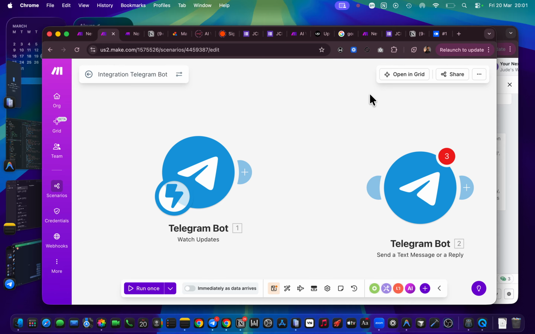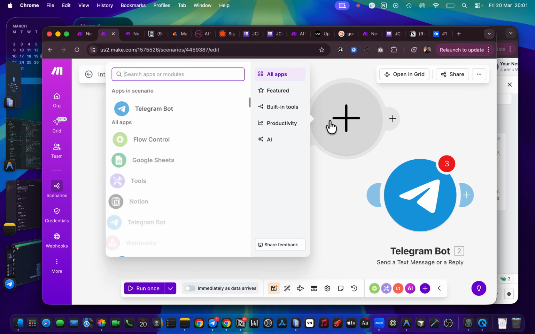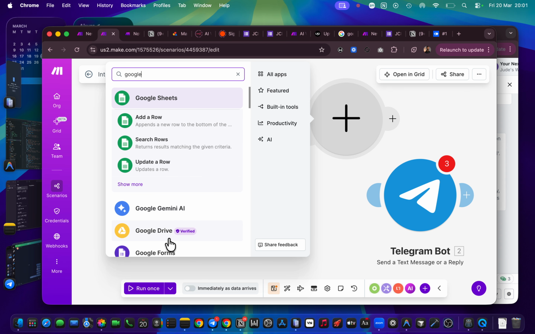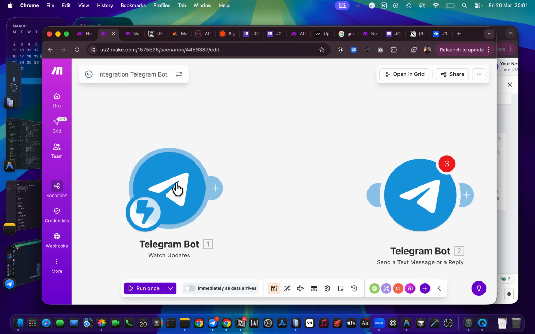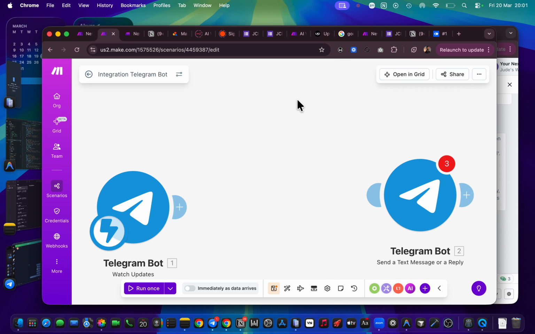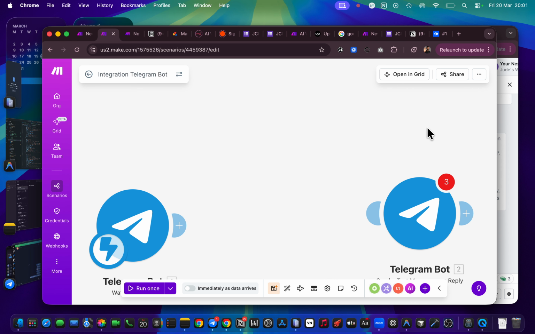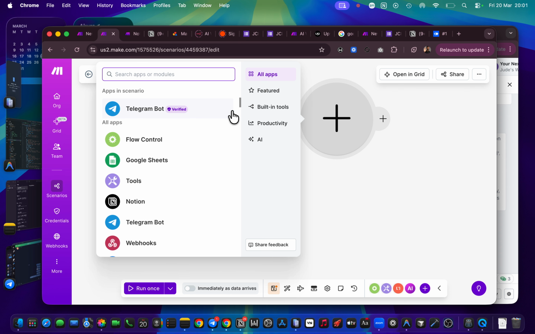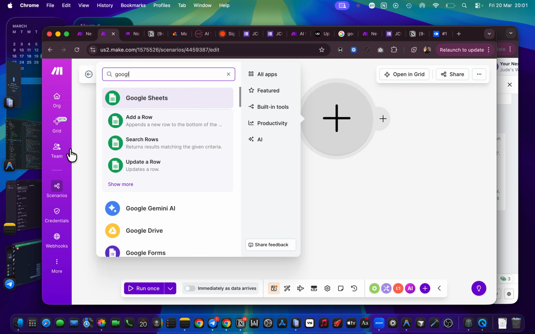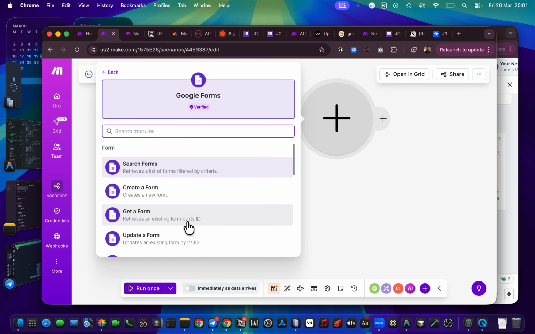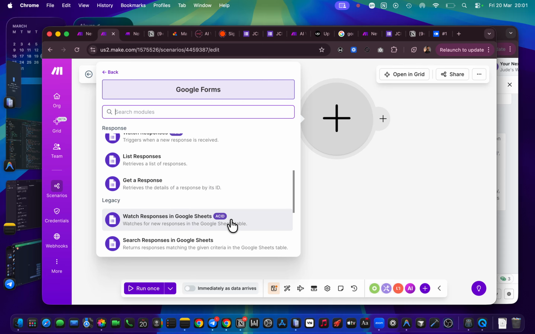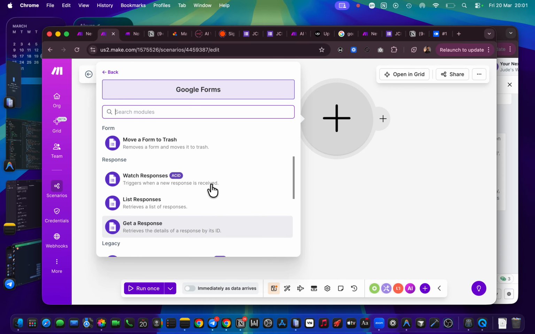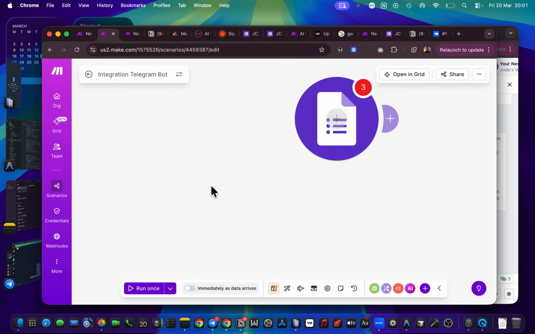Let's try to see if there's anything like that on Google Forms as well. Okay, a webhook has to exist alone, so it must not have any connection button. Let's delete this. It does not have any connection button. So let's do it again. Google Forms. Let's see if this has anything like that. Yes, it has, okay, watches for response.